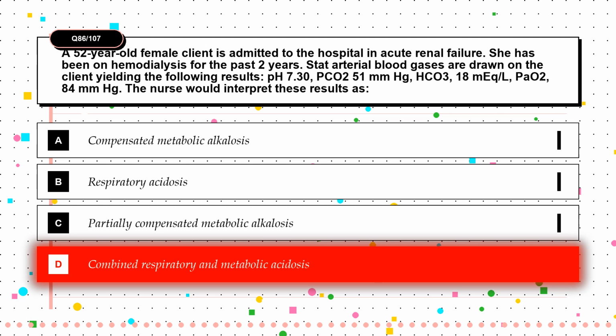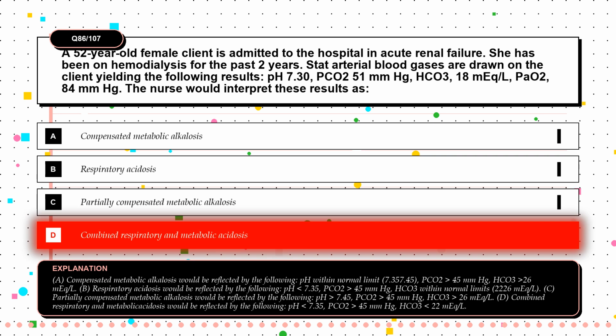The correct answer is option D, combined respiratory and metabolic acidosis. A. A compensated metabolic alkalosis would be reflected by the following: pH within normal limits 7.35 to 7.45, PCO2 45 mmHg, HCO3 26 mEq/L. B. Respiratory acidosis would be reflected by the following: pH 7.35, PCO2 45 mmHg, HCO3 within normal limits